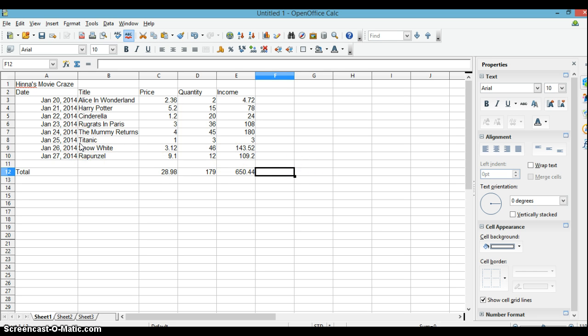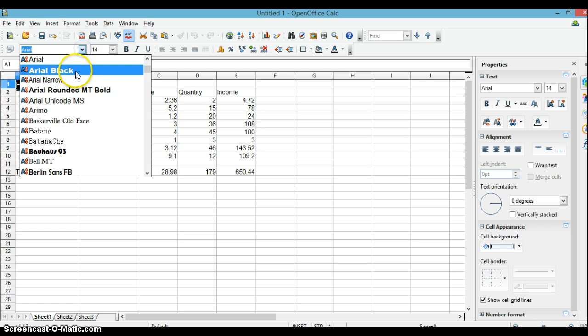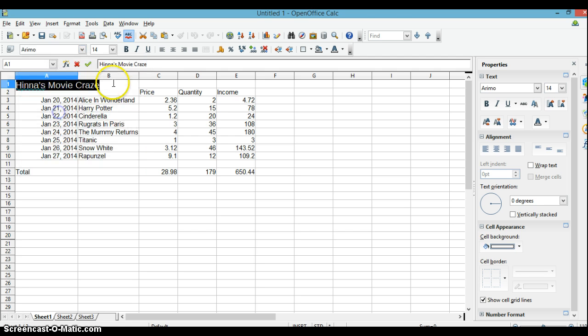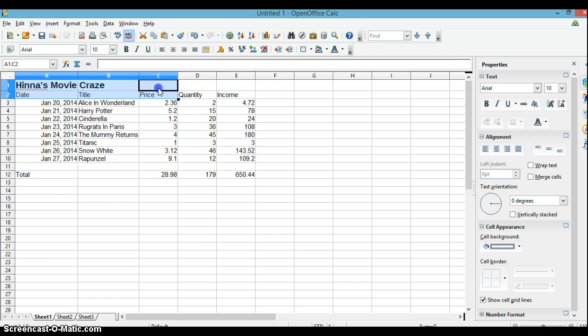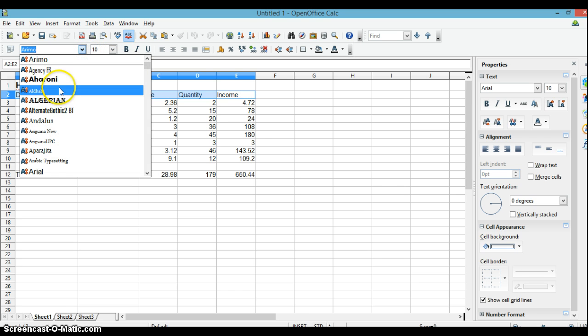Since I've got my table right, my calculations done, what I'm going to do is fix my page. So I'm going to highlight my title. I'm going to increase the size to 14, change the font to, let's say, Arimo, and then I'm going to have it in bold. And I would highlight these as well, and I'm going to change the font to, let's just say, Angeles,